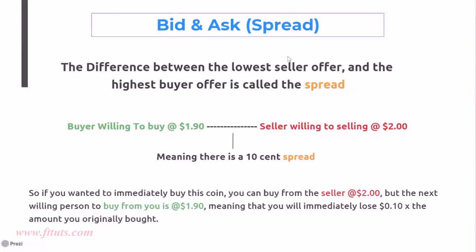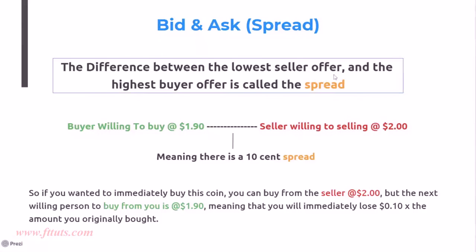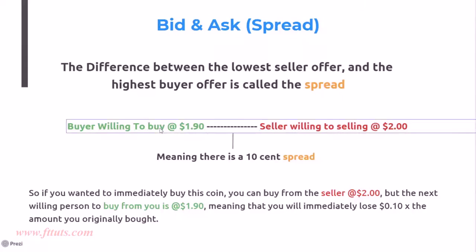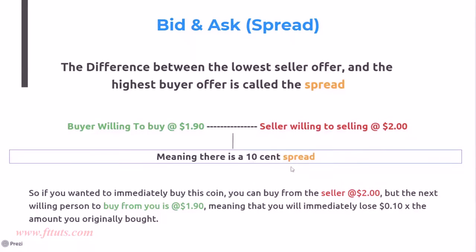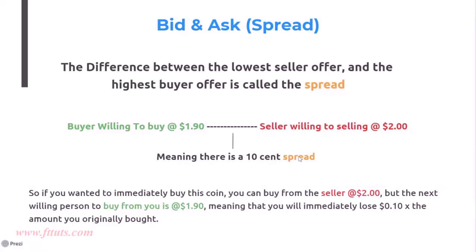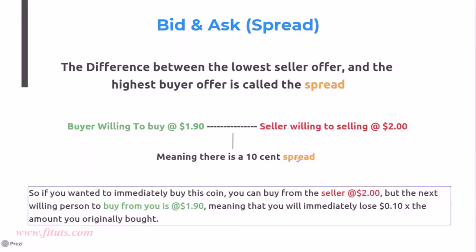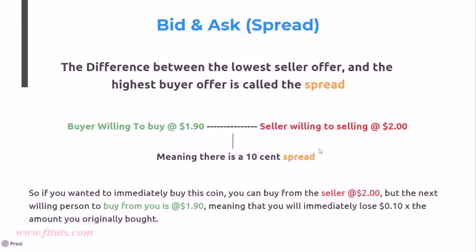Okay, so the bid and ask spread is the difference between the lowest seller offer and the highest buyer offer, called the spread. If a buyer is willing to buy at $1.90 and the seller is willing to sell at $2, that means there's a 10-cent spread. If you see us talking about that term, which we often will when we're talking about liquidity, this is the difference between the buyer and the